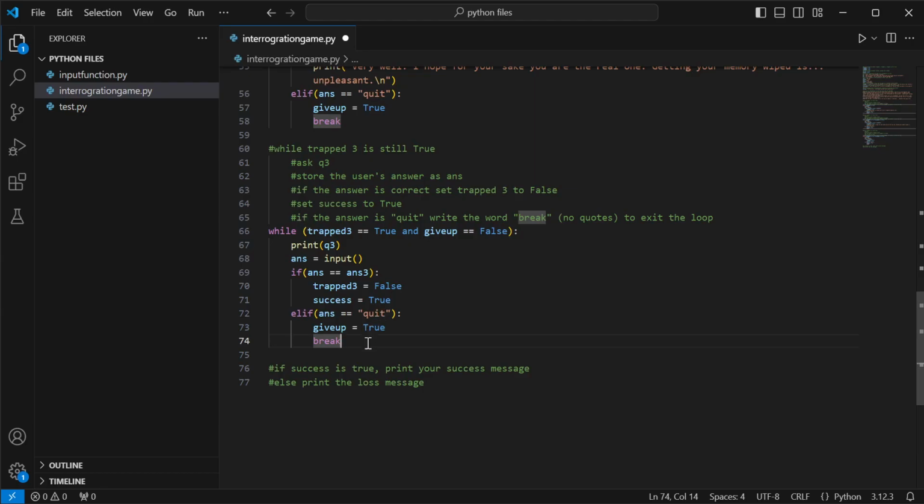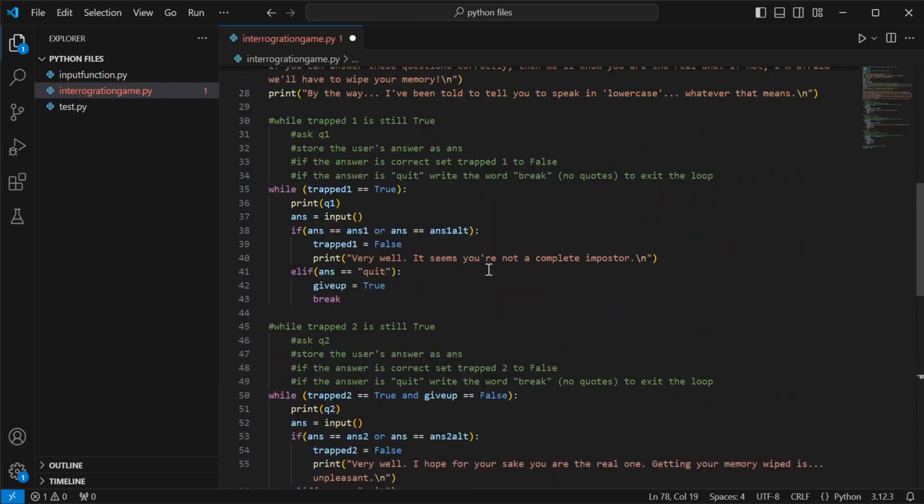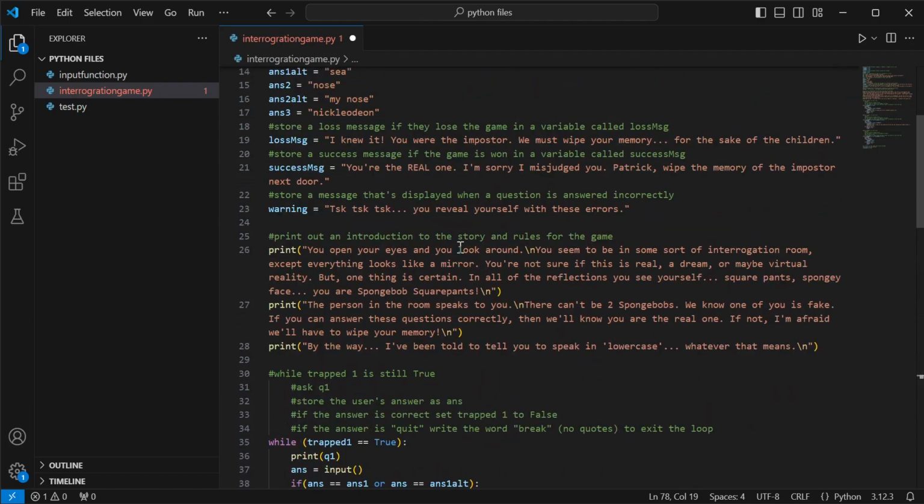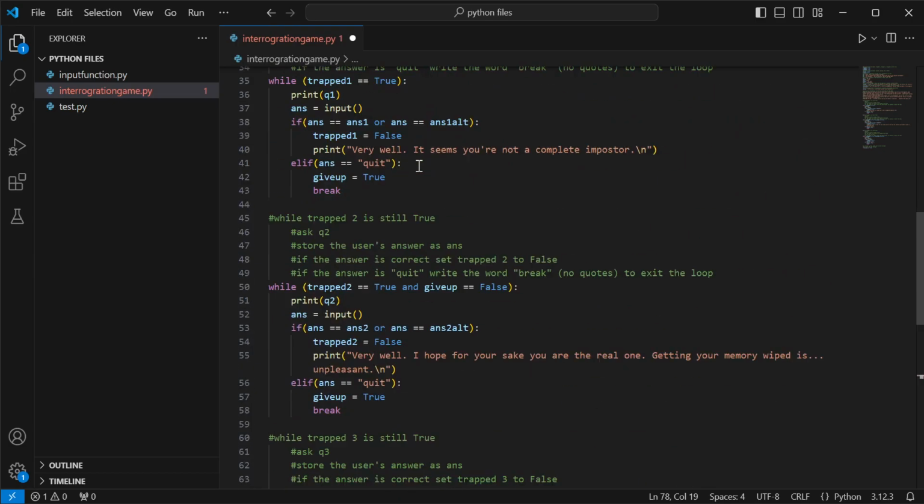Okay, so this part of the loop is done. Now we have one more bit of pseudocode left. If success is true, print your success message. Else print the loss message. So we're going to say if success is true, then we had a success message up here, I think, right? That's what we had. It was called success MSG, where it says, you're the real one, I'm sorry I misjudged you. So we're just going to say print,